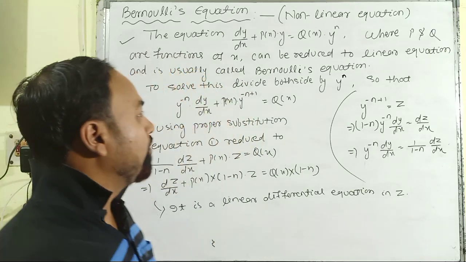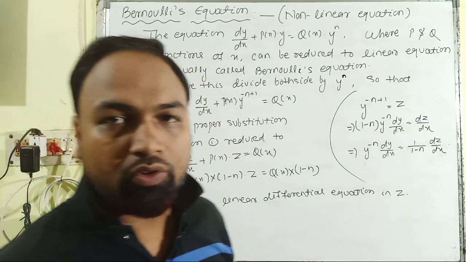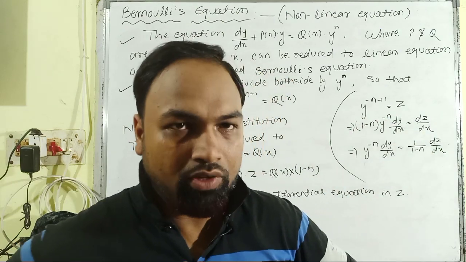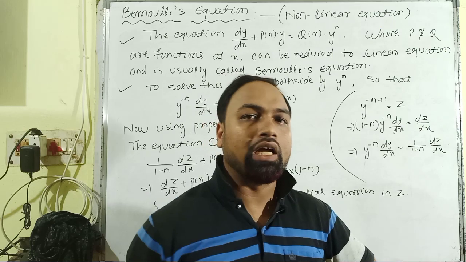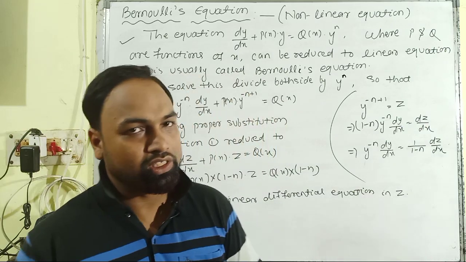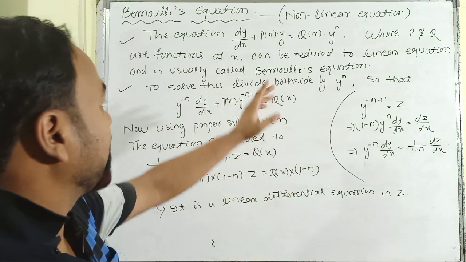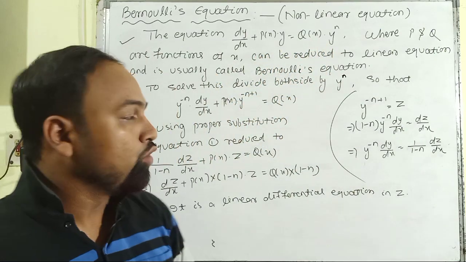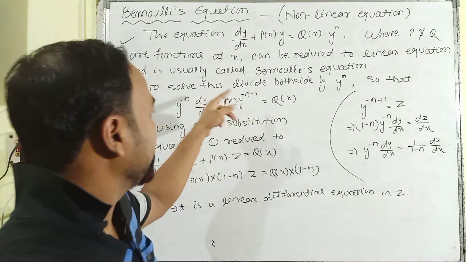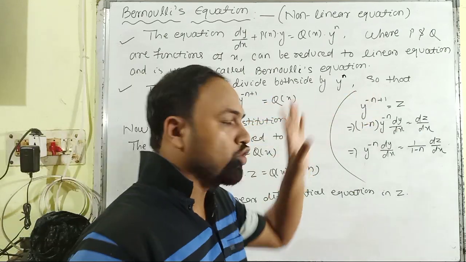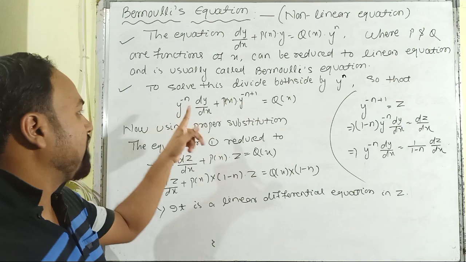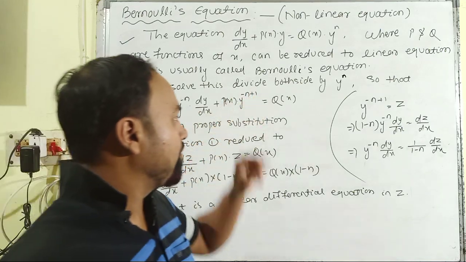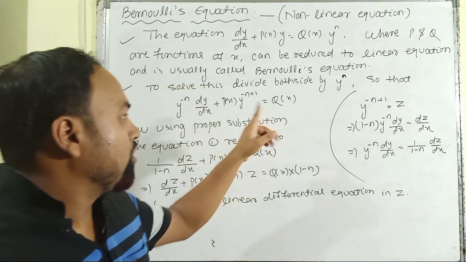So first of all, what is the procedure to solve the Bernoulli equation? First, we have to convert this Bernoulli equation to the linear differential equation form. Then we apply the procedures that we applied in the case of the linear differential equation. So first, let us divide both sides by y to the power n, so that we get y to the power minus n dy/dx plus p of x multiplied with y to the power minus n plus 1 is equal to q of x.